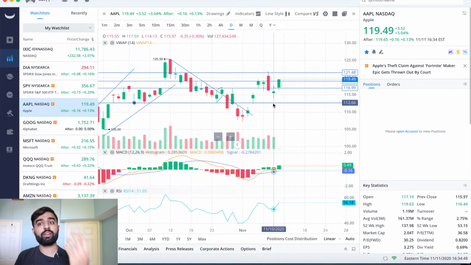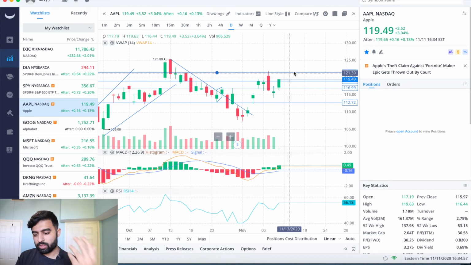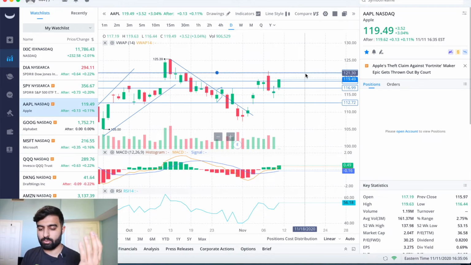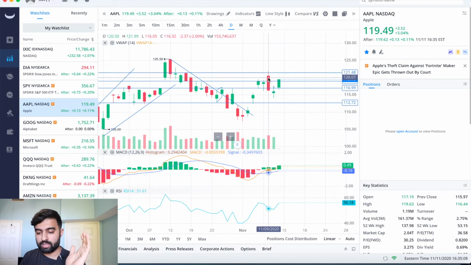I don't know if any of them have to hold, right? But those are the numbers that I personally would be watching out for if the stock were to go down tomorrow. If the stock were to push up tomorrow, assuming we can hold the 119s, then I want to see it pushing towards this 120.50 level, which will take us to the,